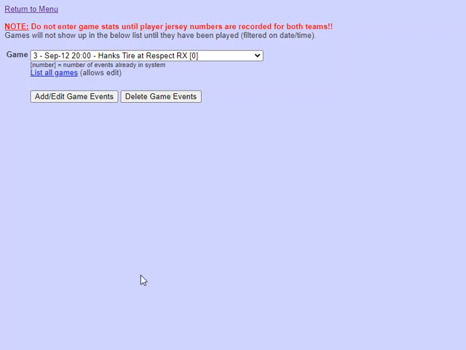It is recommended that we don't add any game details until we have all of the player numbers for the two teams that have played. On this screen, you can see there's a drop list. The drop list lists the game number, the date and time of the game, and the two teams that played. We can see that at the far right, you see a 0, which means that there's been no game events